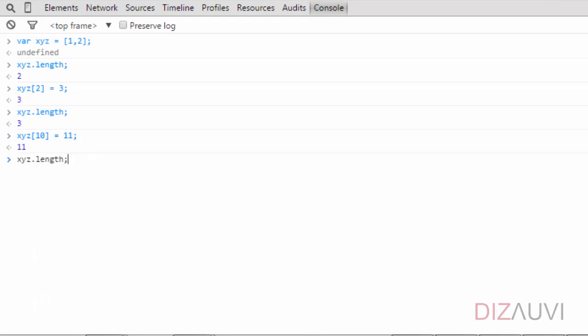Ideally it should be 4 because we added 4 elements to it. But if you print it out, you can see that the length is now 11, which is one more than the largest integer index in the array where an element is set. Also, length is not a function. It is a property in the array object. So we don't call it by putting brackets. We just read it as a property.